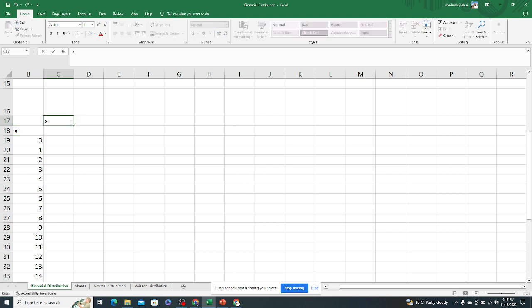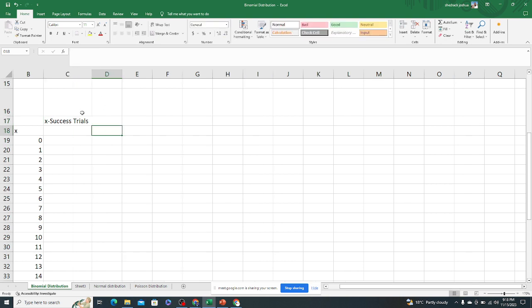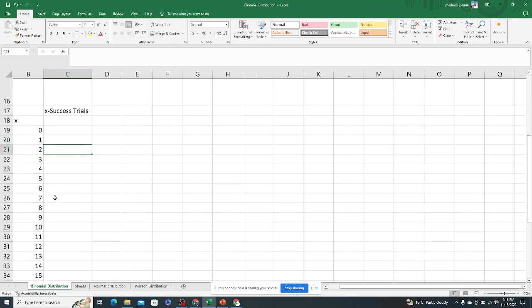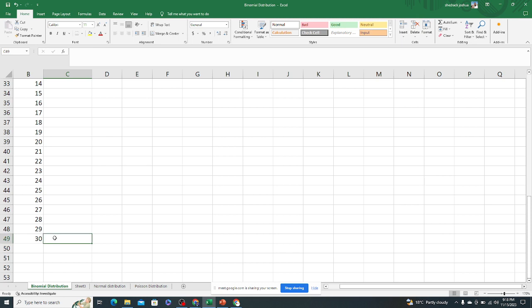What was our x? It was the number of successful trials. So in this case we might have 0 successful trials, 1 successful trial, 2 successful trials, up to 30 successful trials. So 30 is the total number of trials, and remember that